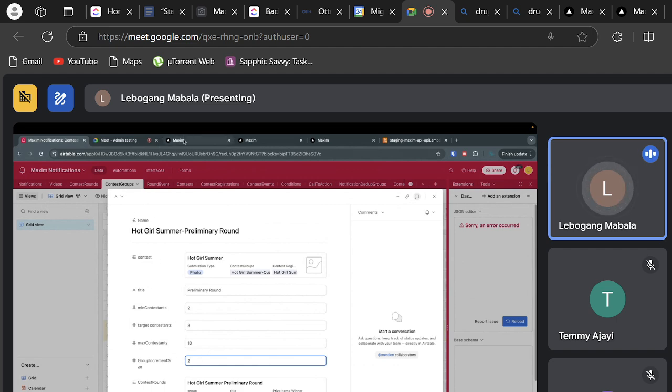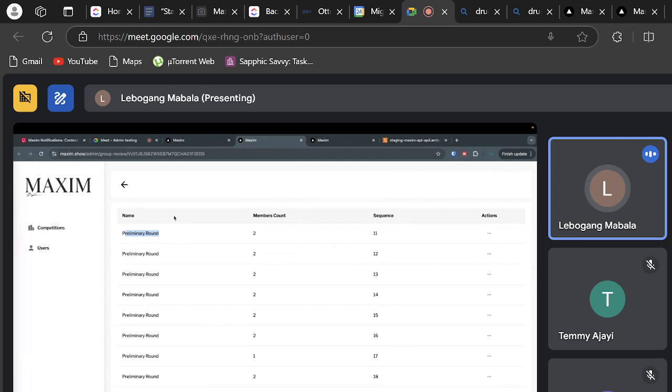So that's what happens when the initial groups for Hot Girl Summer will be groups of two, two, two, maybe one if we didn't have enough. So what happens is we just distribute members across the board, and then we also match the groups every hour.